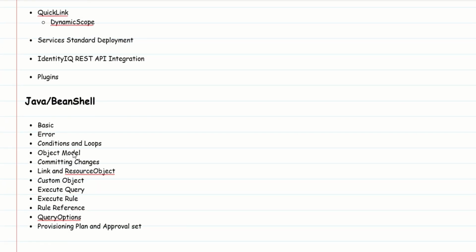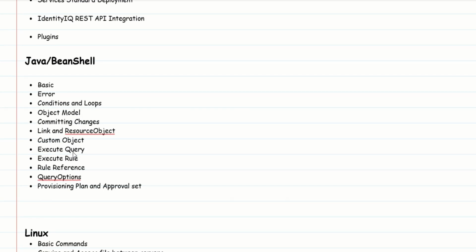Then for a developer, so if you want to be a SailPoint developer, you need to understand these concepts. So I can name it as Java, like in IIQ, they call it BeanShell. It's Java itself, like most of the concepts are Java only. So you need to understand basic Java, how to handle errors, conditions and loops, object models, like how objects are linked to each other, how to commit the changes, link and resource